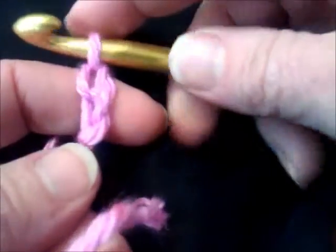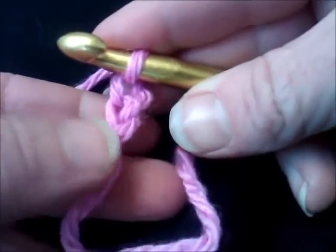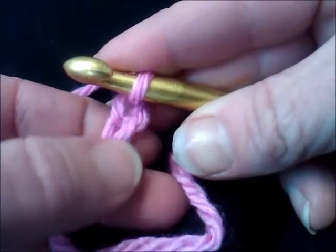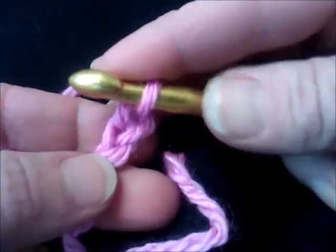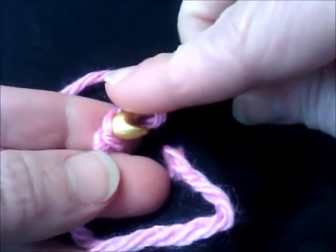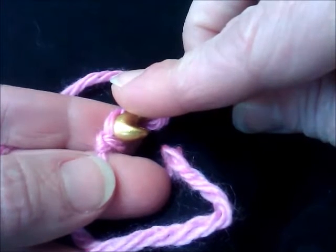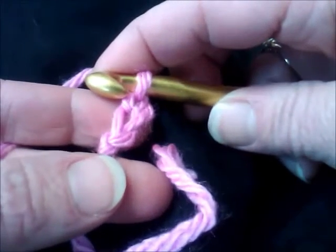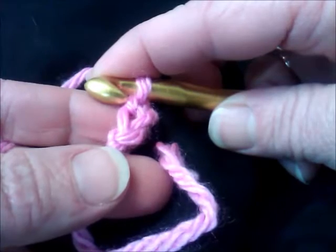Now I want you to take a look at these stitches and see how they're shaped. You see they're kind of a V shape, or maybe even almost look like a braid. And the natural instinct is to insert your hook only under this one strand. And for a lot of projects that works just fine. But I do find that for a foundation single crochet that you're going to get a lot more open pulling